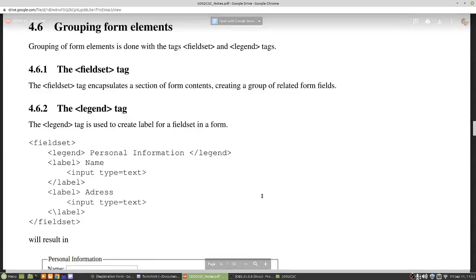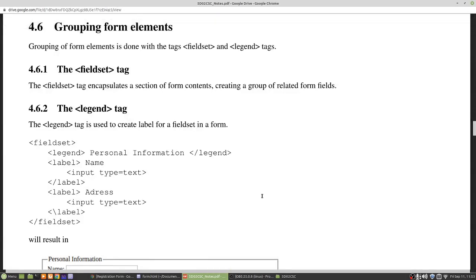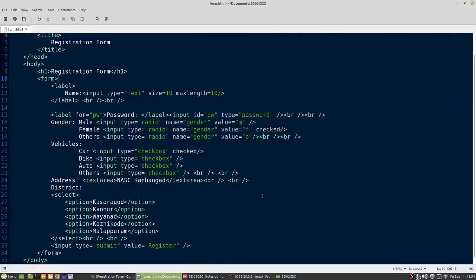Next we will see how to group form elements. Grouping is done using 2 tags, field set and the legend tag. So let's try that in our example. So this is our form. We will try to group the name and gender into one group.